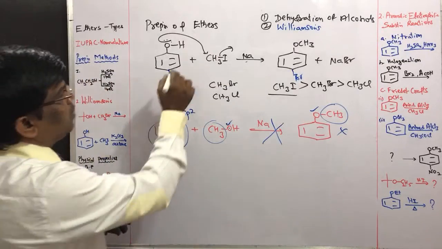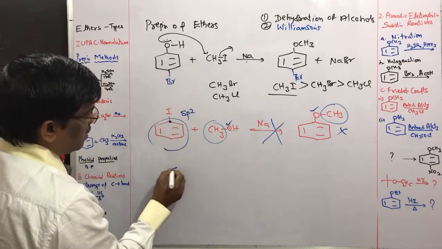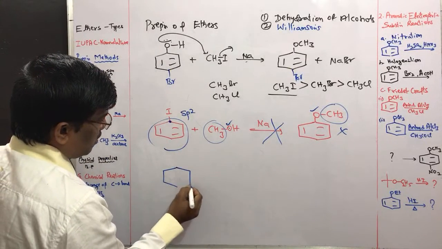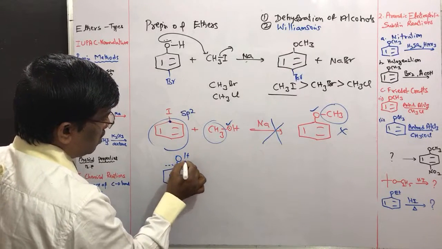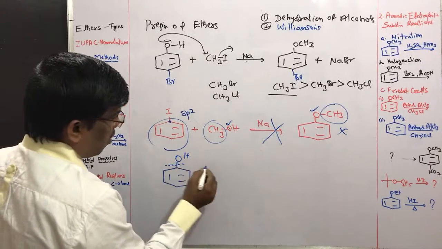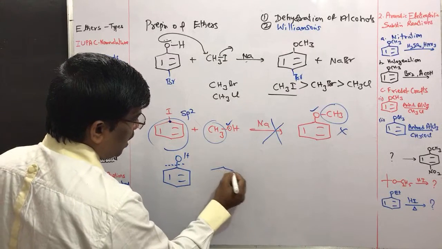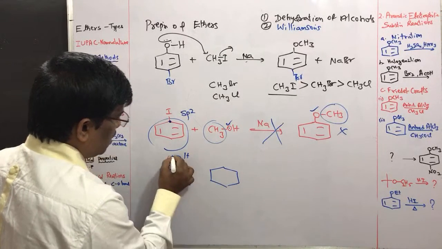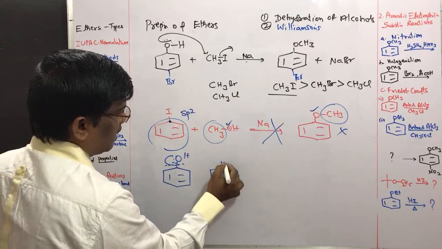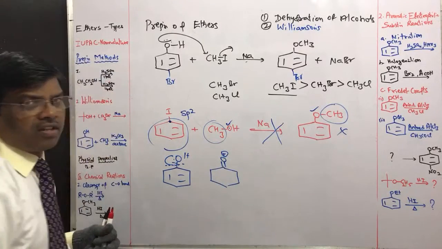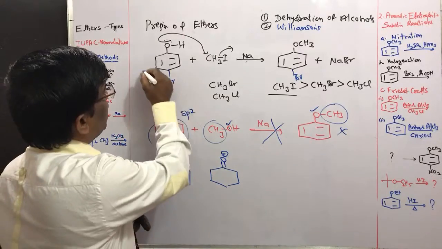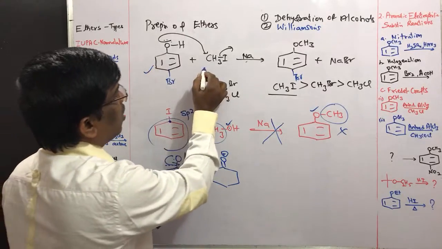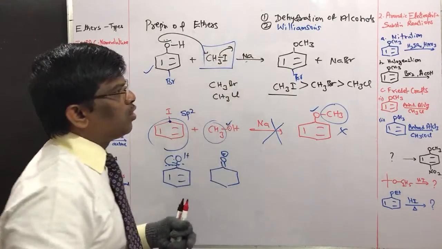However, the usual way is that phenols will not break this bond, because this oxygen bond is going to have double bond like character. Yes, I have explained in the phenols chapter. That is why we use phenol as the starting material, and whatever other ether you want to make,